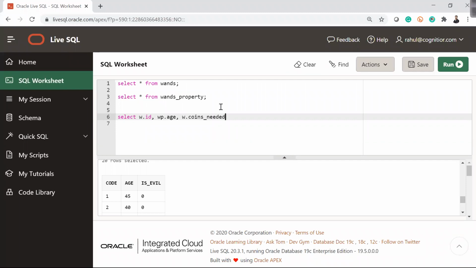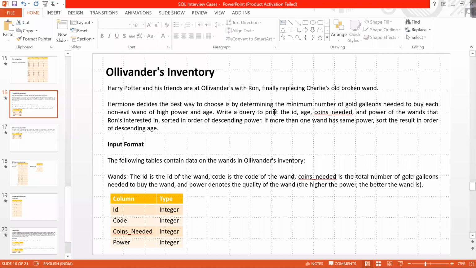But before, if I write this query, let's say I'm writing a query where I'm getting the age, power, and I'm looking for the minimum coins, right? I need to determine the number of gold galleons needed to buy each wand, by power and age. I need the minimum number of gold galleons.